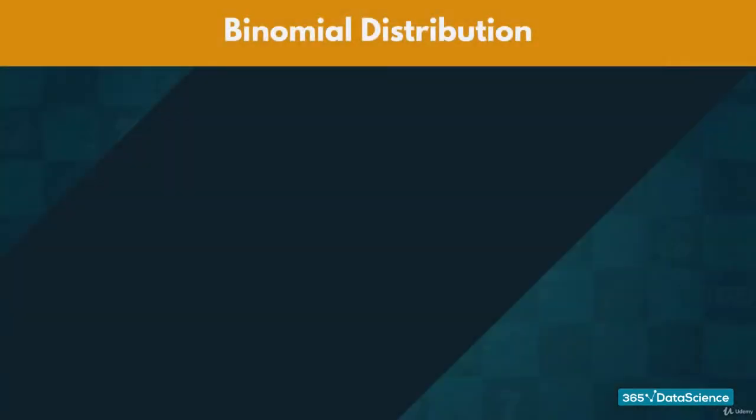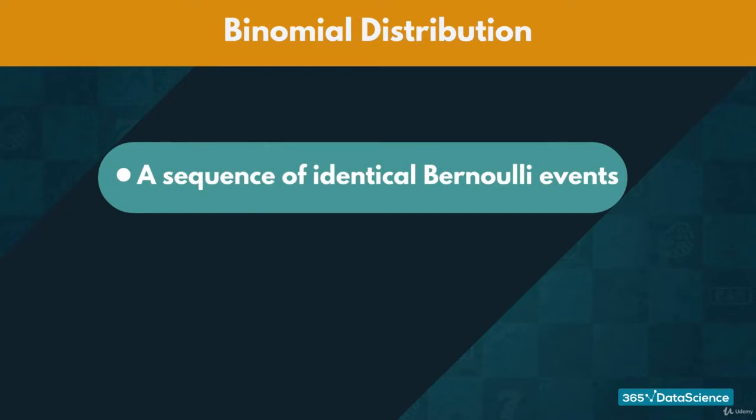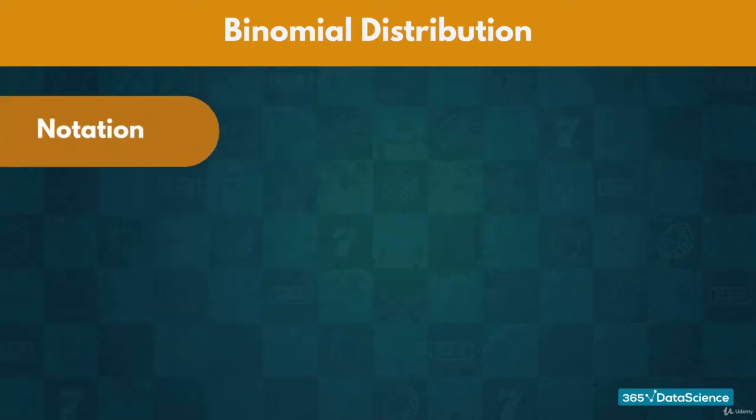Welcome back. In the last video, we mentioned binomial distributions. In essence, binomial events are a sequence of identical Bernoulli events. Before we get into the differences and similarities between these two distributions, let us examine the proper notation for a